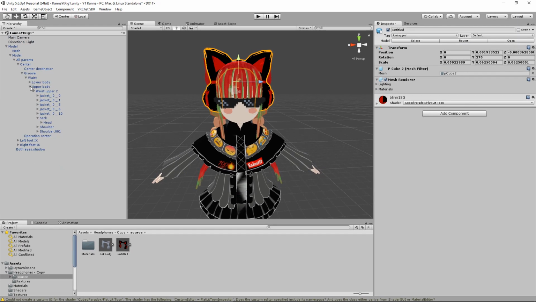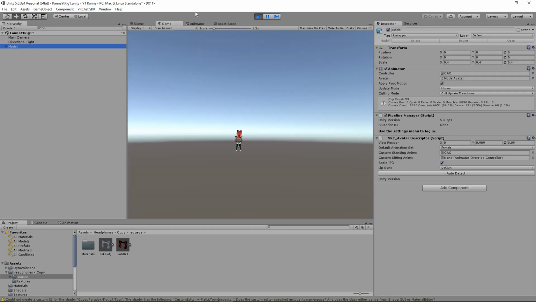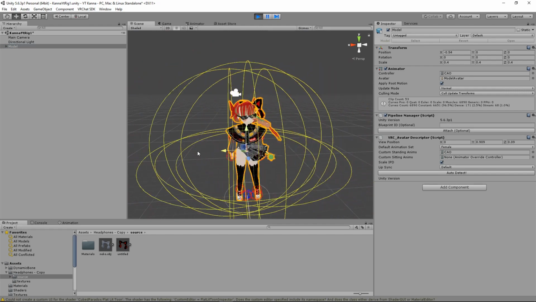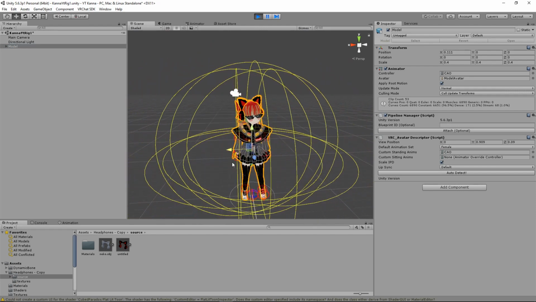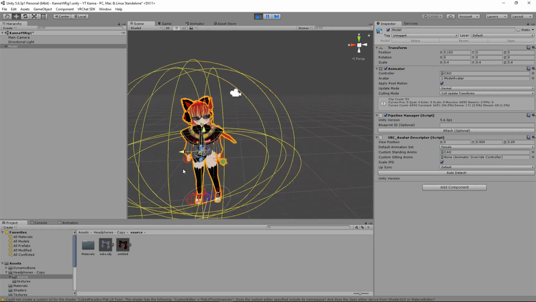That's all you have to do to add the object to it. Once you're done with that, you can hit play, select the model in the hierarchy, select the scene, and you can drag your character around, and boom, look at that. Your headphones are added. Now you're probably going to see them jittering like that, and there's a reason why, because